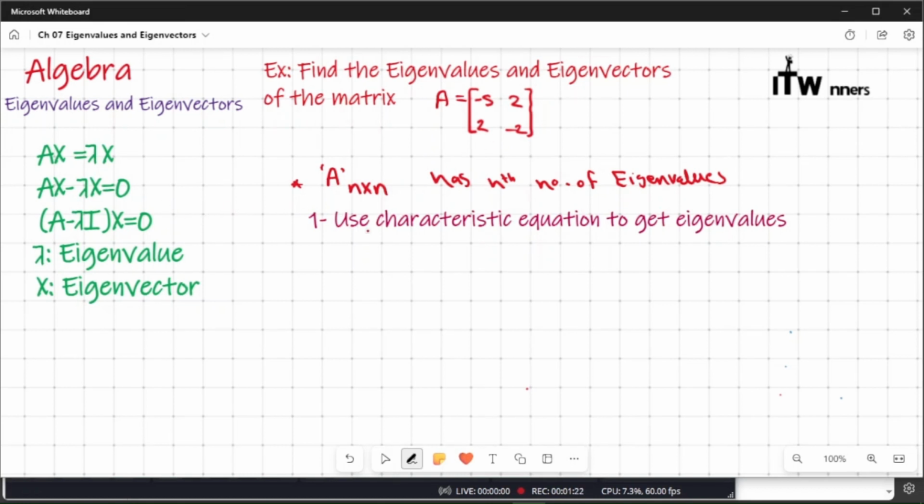From this equation, A minus lambda I into x equal to 0, this is a homogeneous system,